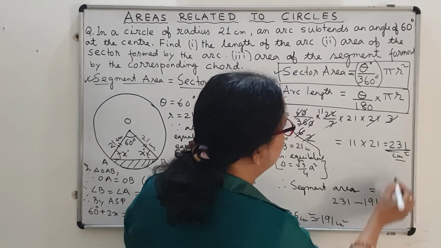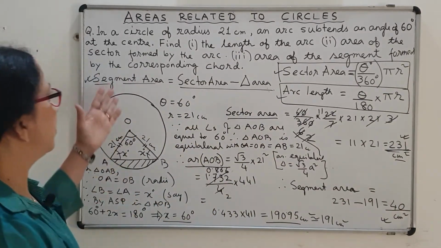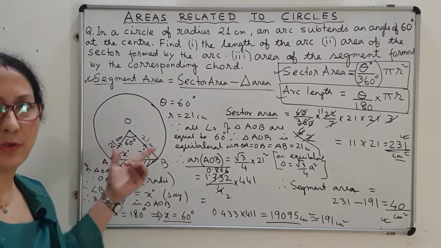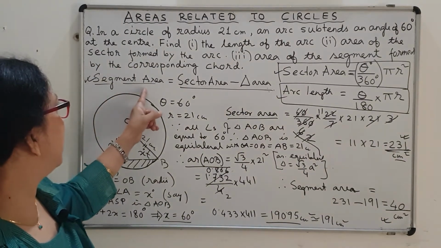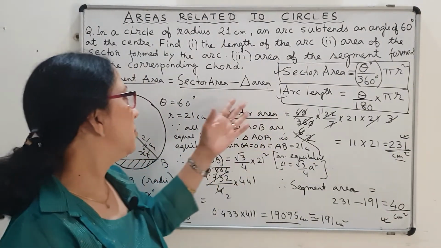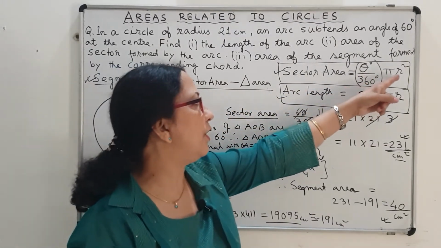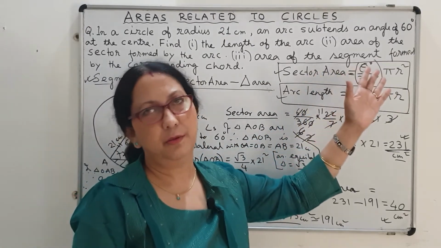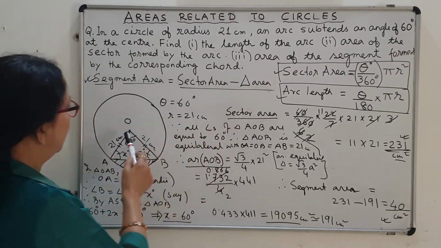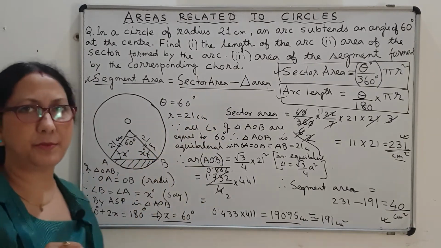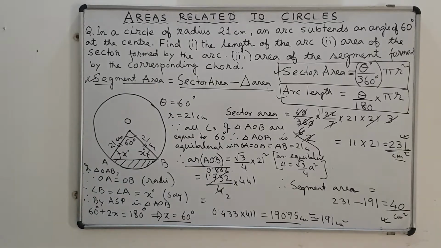This is your segment area and this is your sector area, and the arc length was 22, which we have already found. So in this question I have shown you how to find all the areas related to a circle. These are the two basic formulas you have to remember, and how to find segment area: sector area minus area of triangle. In different questions, the sector area is a direct formula. If we know the value of r and the sector angle, we can directly find it by the formula. The only thing is, to find the area of the corresponding triangle, sometimes you have to apply some geometrical knowledge.